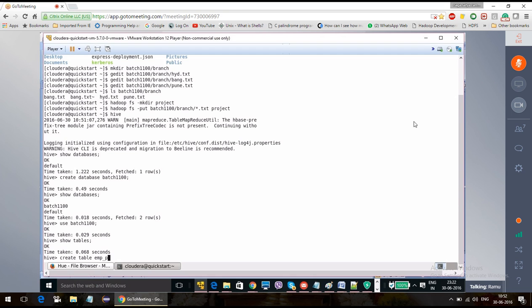Okay, first employee number. My file is something like this: employee number, string, employee name, string, salary, int, sex, string, and DPT number, string, and I'm going to partition the table. Partitioned